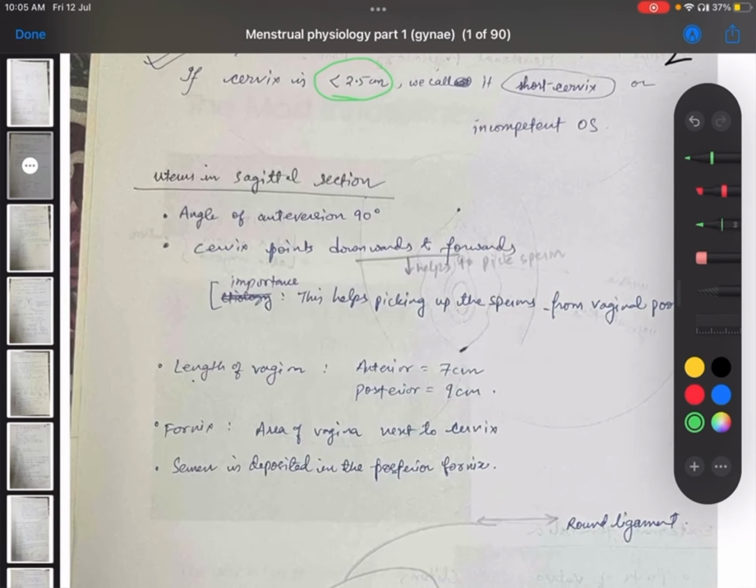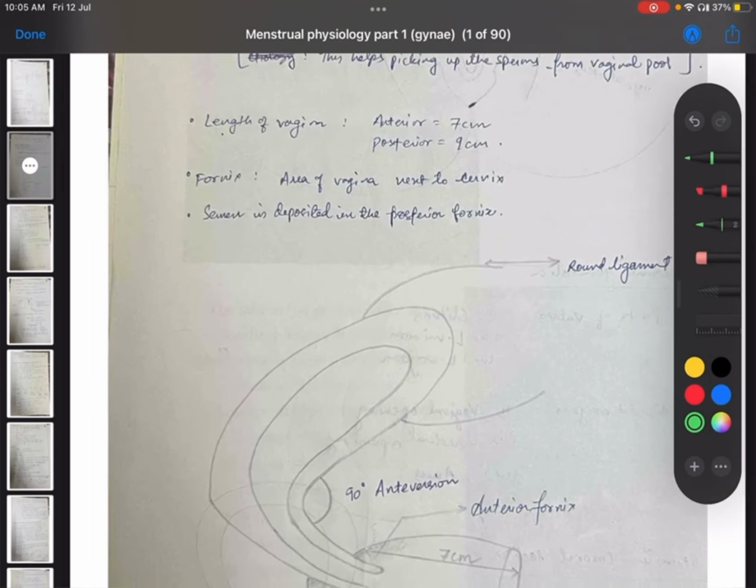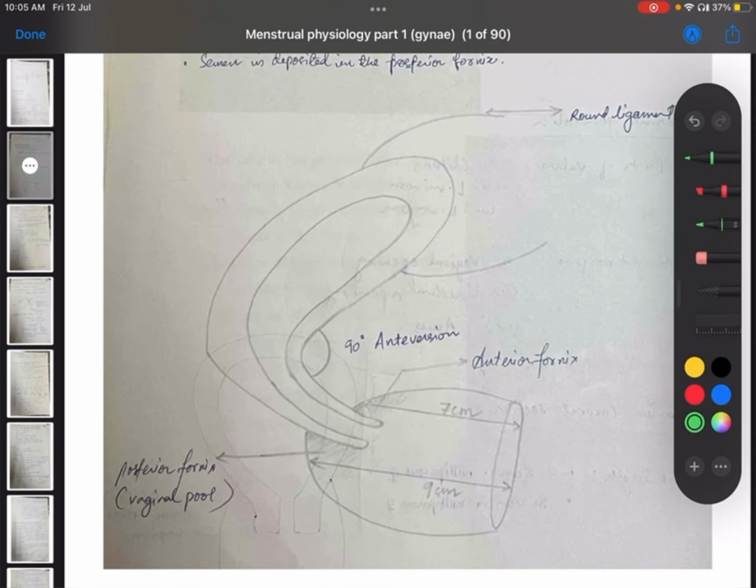Now, uterus in sagittal section. Let's understand this very carefully. The angle of anteversion is 90 degrees. I guess you know what anteversion and anteflexion are; it's already stated in the first year. The cervix points downward and forward. What is the significance of being downward and forward? The significance is